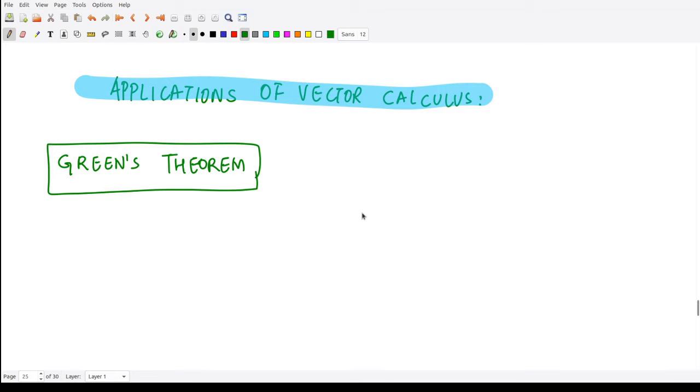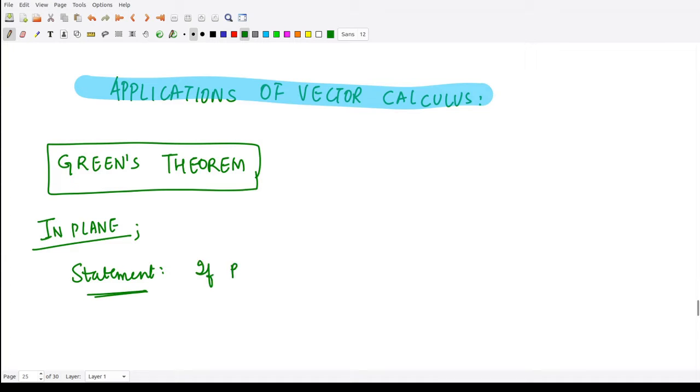Okay, so let us now discuss applications of vector calculus. So first of all, we'll study what is Green's theorem. Green's theorem for plane. So whenever we are in a plane, that means in a 2D region, in that case, we can use this Green's theorem, and its statement says that